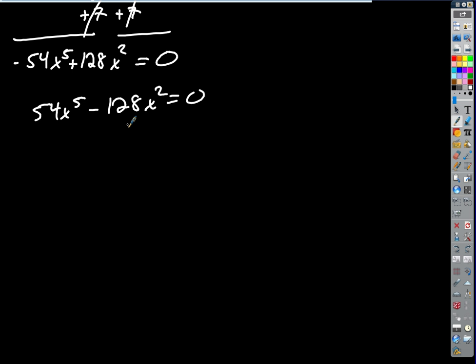Let's start small. Is there something that can go into both? 2. Okay, so I could factor out a 2, right? Can I take any variables with it? X squared. I can take an x squared. Good, I've got an x to the 5th here, but only an x squared, so I can undistribute an x squared. And if I do that, let's figure out,